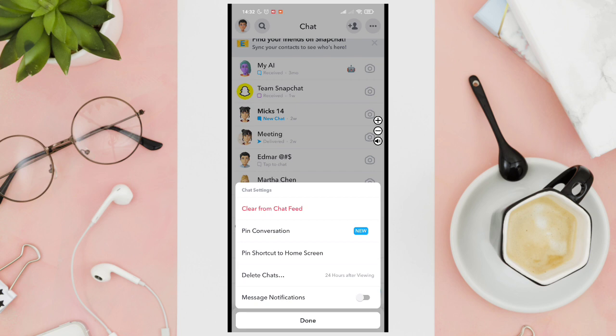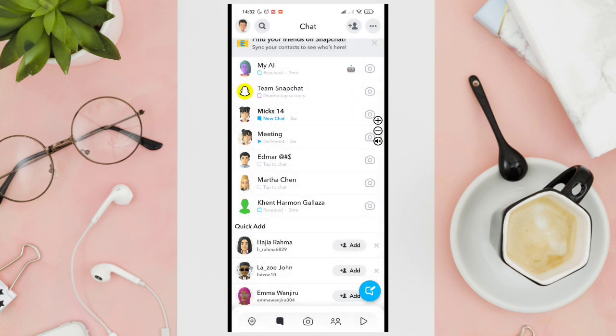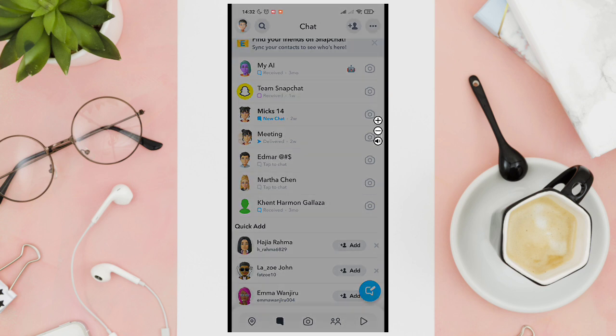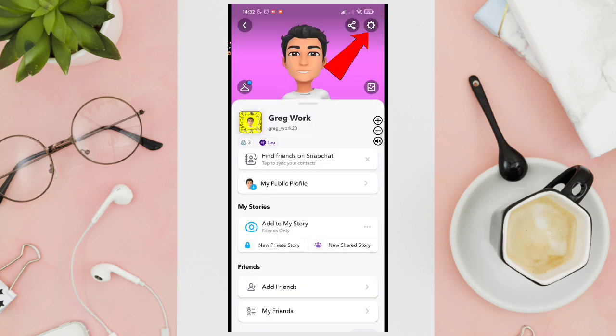Just do the same thing to other users if you don't want to receive any message notification from them. Now the second option is to tap on your profile picture at the top left corner of your screen